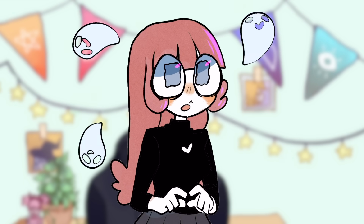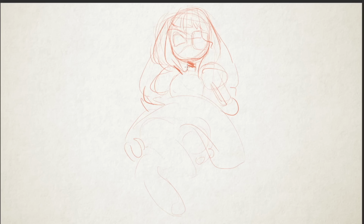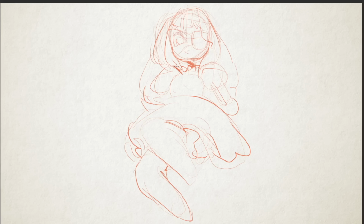Hey everybody, it's LavenderTowne, and today I'm going to be making character designs inspired by different drugs and medicine. The first medicine I wanted to talk about is penicillin, which is an antibiotic, and when penicillin was first discovered